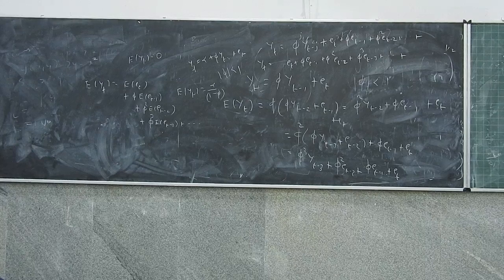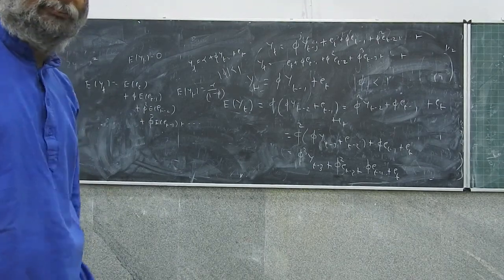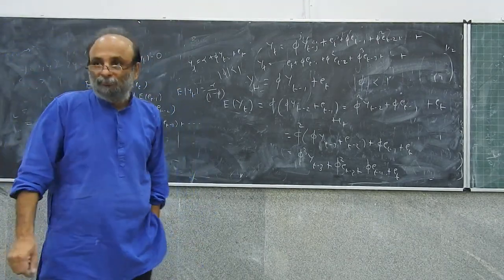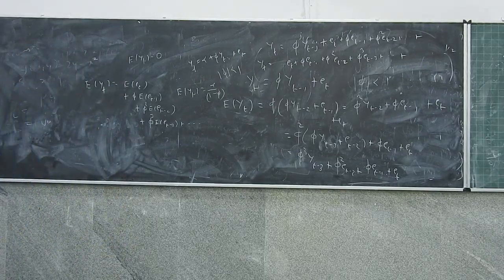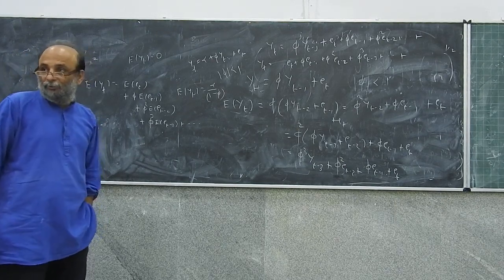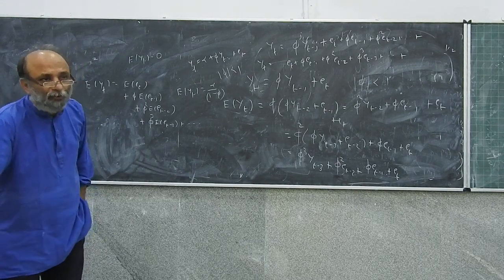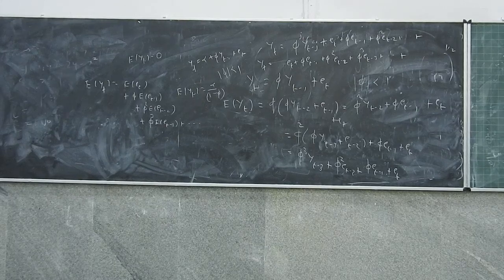Done? Right? How do you do this? Just 4 of you are getting this, 4 or 5 or 6 of you. There's about 10% of the class that's present here.